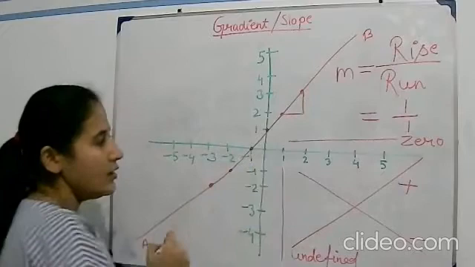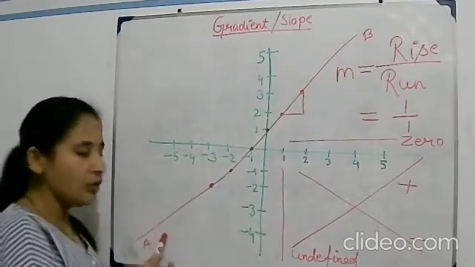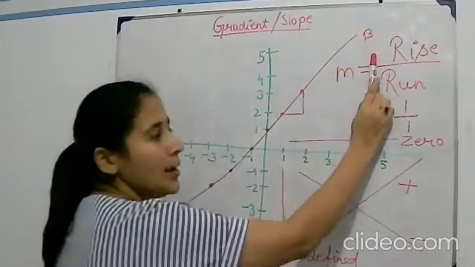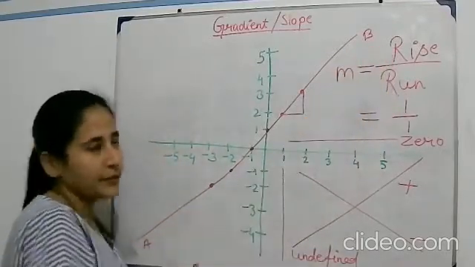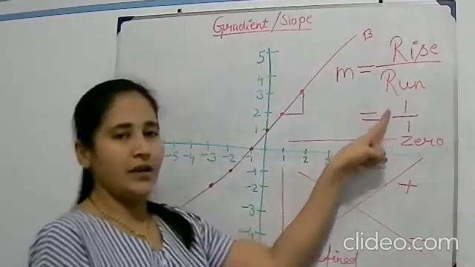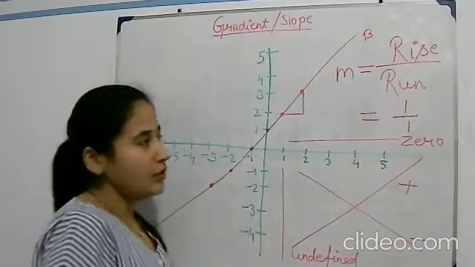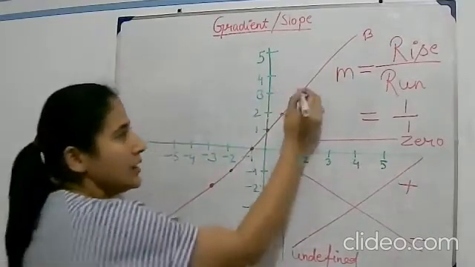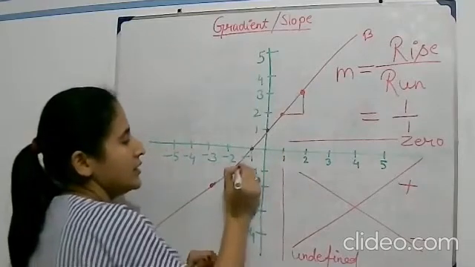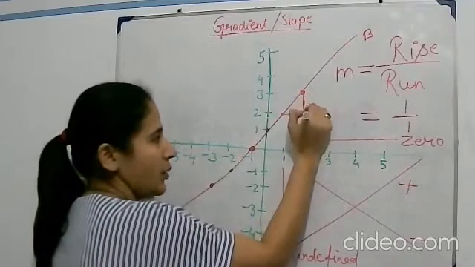This line on the Cartesian plane is going from downward left side to upward right side. It has positive slope. That's why it is 1 by 1. This is positive slope. I'm going to repeat again. You can take any 2 points on the line. Let's take another 2 points, this and this. Now join these points